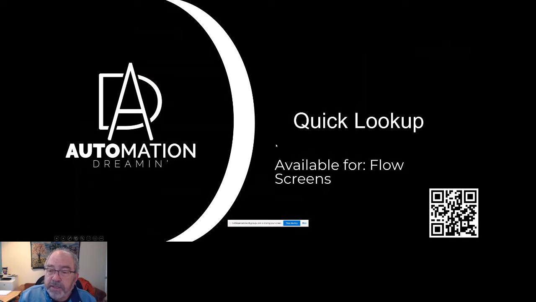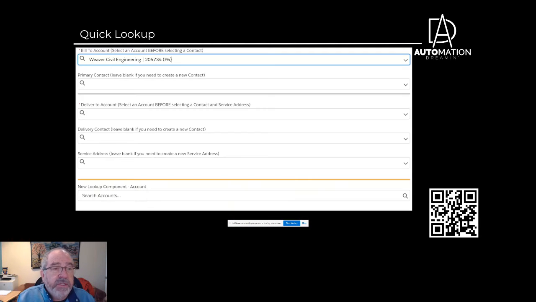Quick lookup. This is another component that started well before there was a standard lookup component available from Salesforce for flows. But the interesting thing about this lookup component, which we still don't have as a native feature from Salesforce, is we have the ability to do what I call a parent-child or even a parent-child-grandchild lookup. And what that means is I can have a lookup on a screen. The values that it's going to display or make available be dependent upon what somebody selected on a different lookup